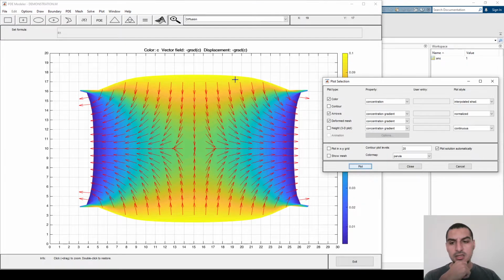It's like the original area was a rectangular area that we had, and there is a shrinkage in the sides with low concentration and like a swelling in the areas that have high concentration. And this is kind of what the deformed mesh does. It changes the area based on the concentration, but this is not the easiest way to understand it. So to understand it, let's put it as the height in 3D plot,